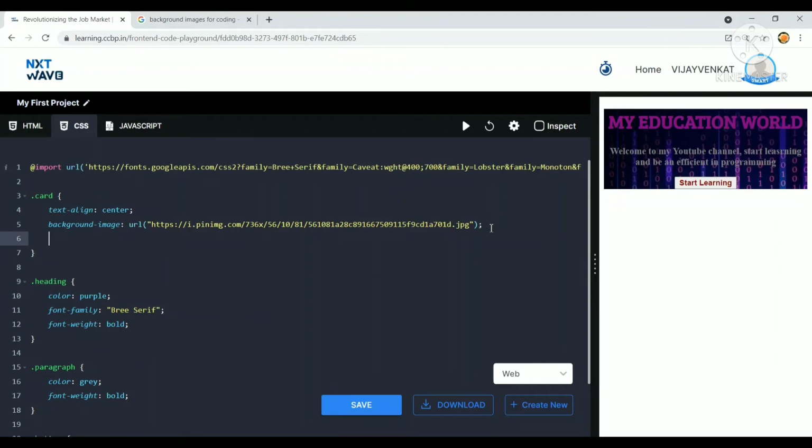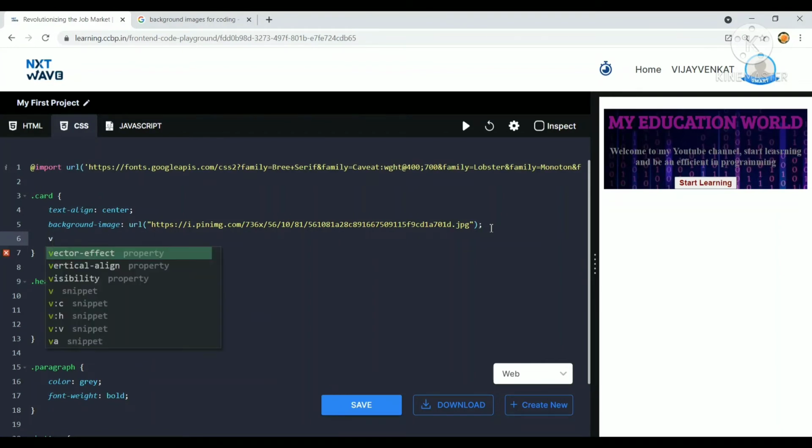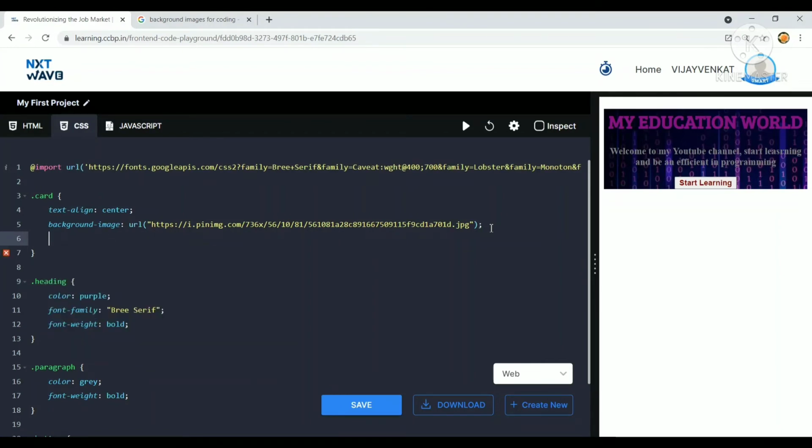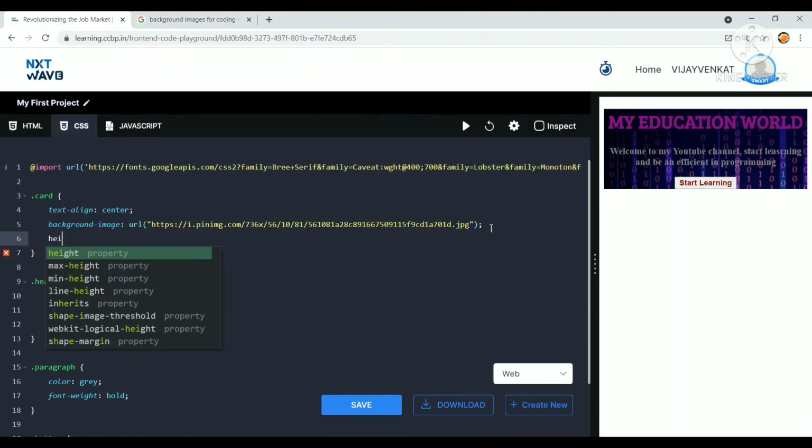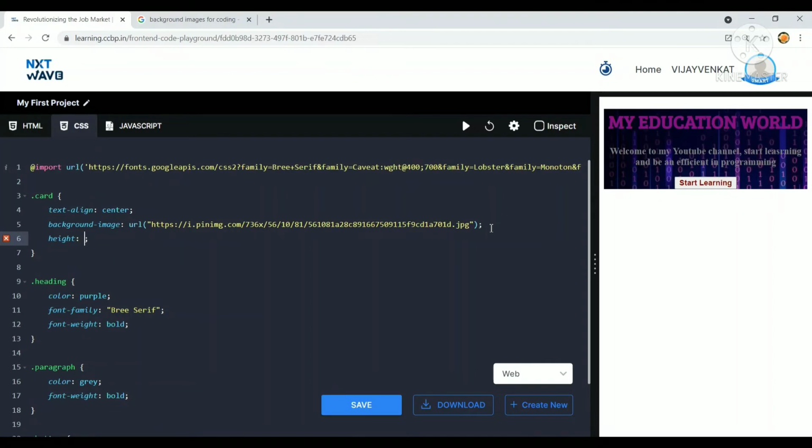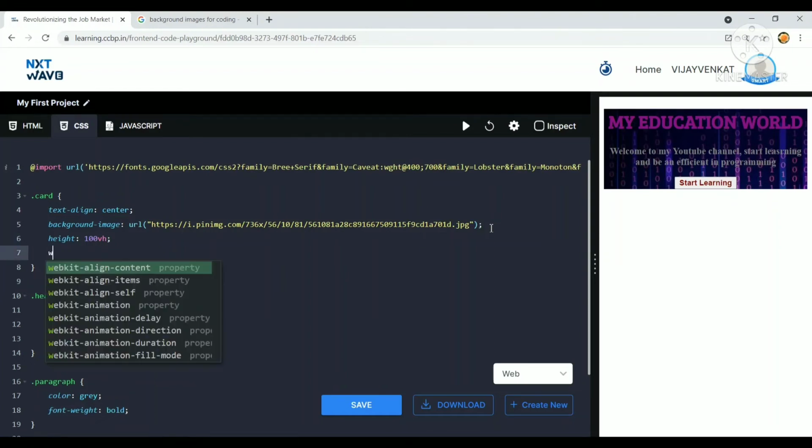We will take a next line. So I am typing height. When we use 100vh, this vh represents the viewport height, fixed to our screen, and also width.